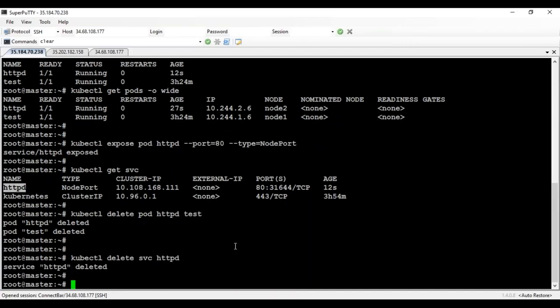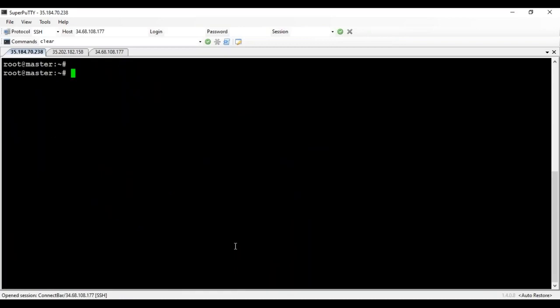Now we have deleted it. So here, let's create a deployment basically, which is a combination of multiple pods, right? So kubectl, we can say create deployment. I'm creating a deployment here, right? Now, my deployment name is mydep, I'll give it. And the image I want to use is a custom image, team. This comes from my Docker Hub account.